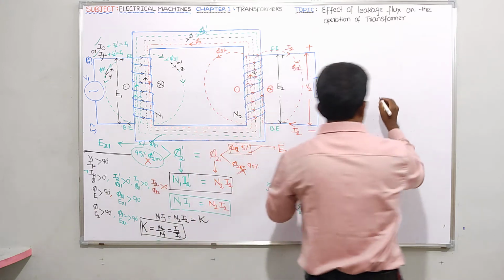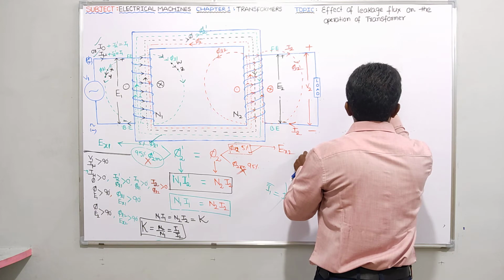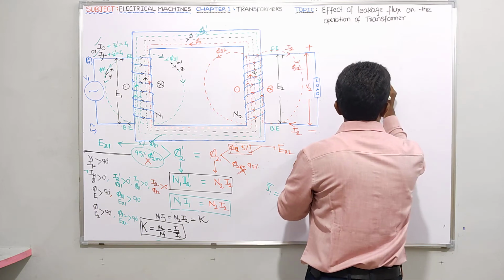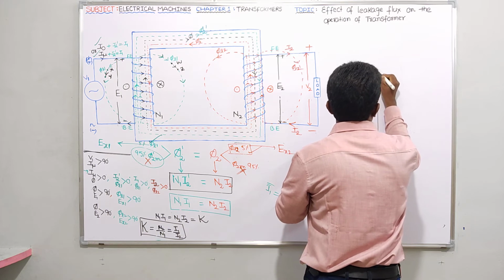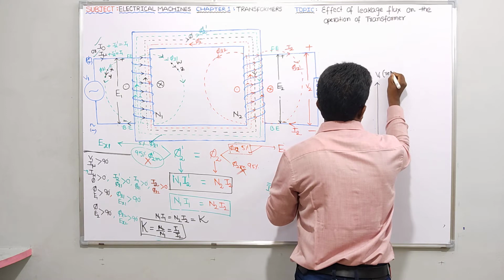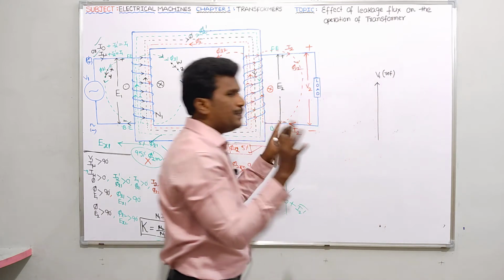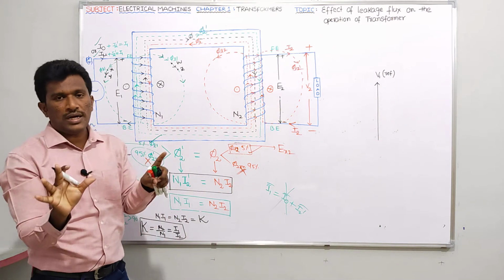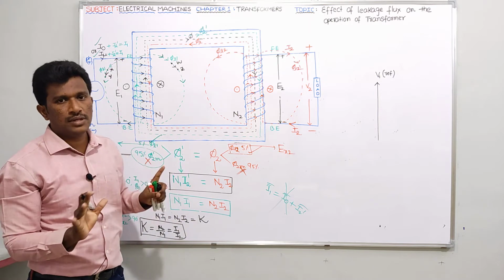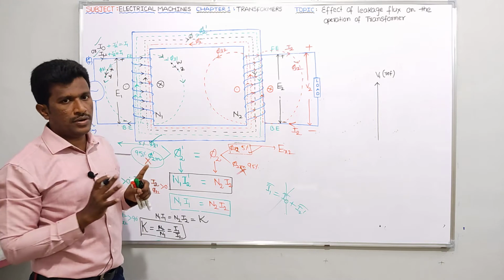So tell me, first of all, initially I had taken here V1. V1 is the voltage source I had taken, guys. It is a reference for us. So I am just repeating the vector diagram of the transformer, whatever we explained in previous videos, once again indirectly. Please try to follow neatly, okay?